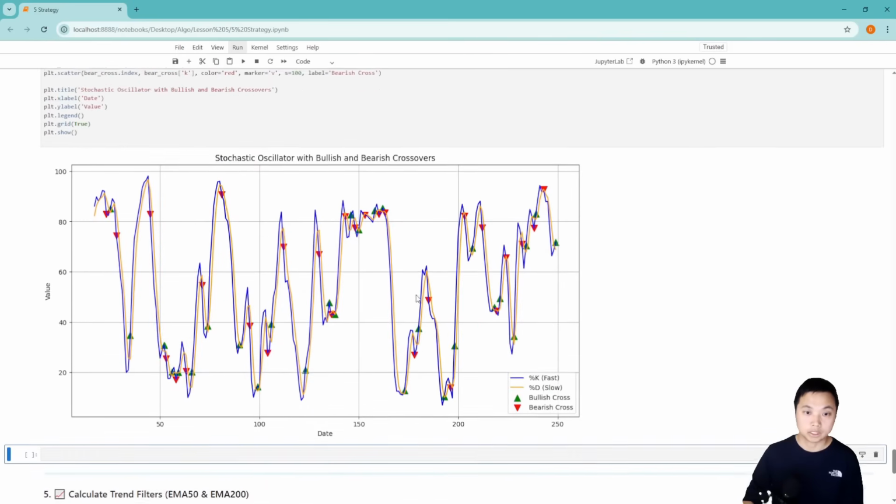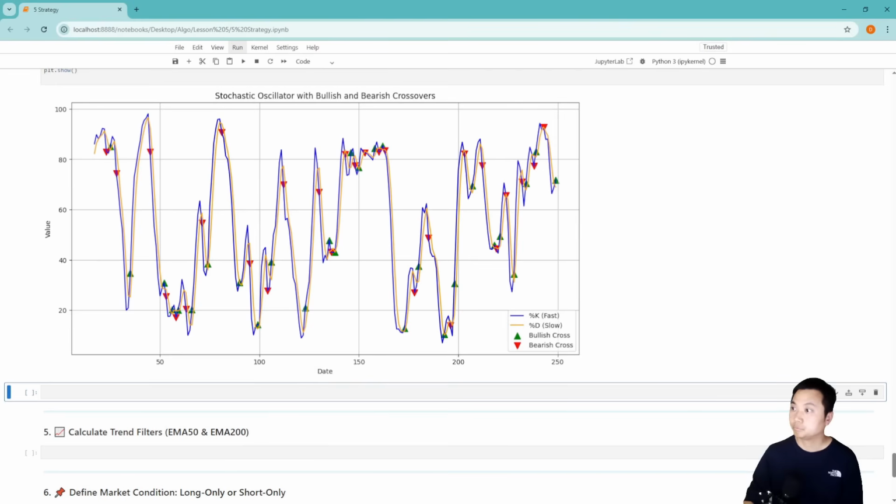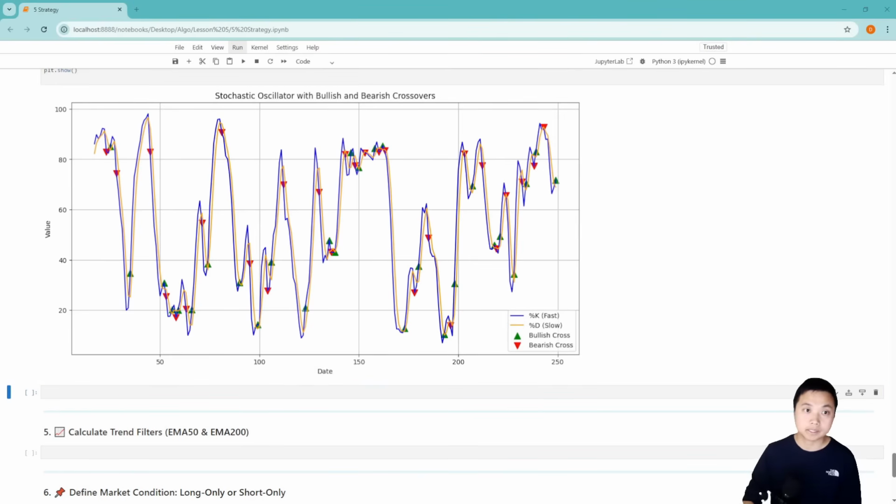For the chart itself, we will have the blue line, that is the %K, the fast stochastic, and the orange line is the %D, the slow smoothed stochastic, and the green upward triangles mark the bullish crossover. That is exactly where the